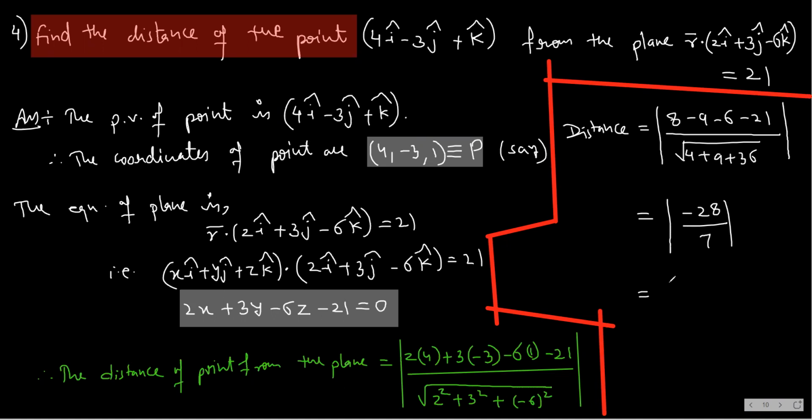So distance is equal to mod of minus 4, that is equal to plus 4. This is the distance. I hope you all followed it. Tell me, students,